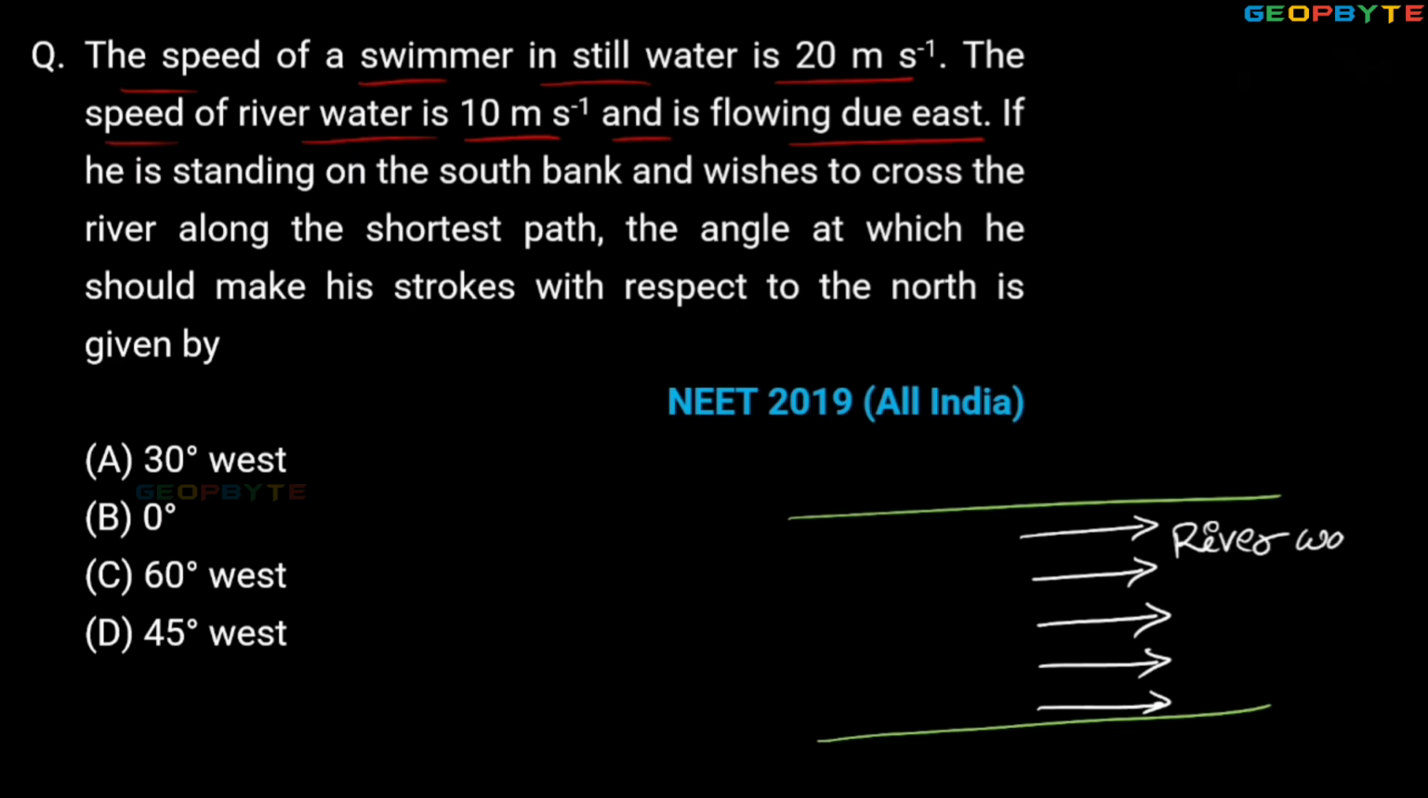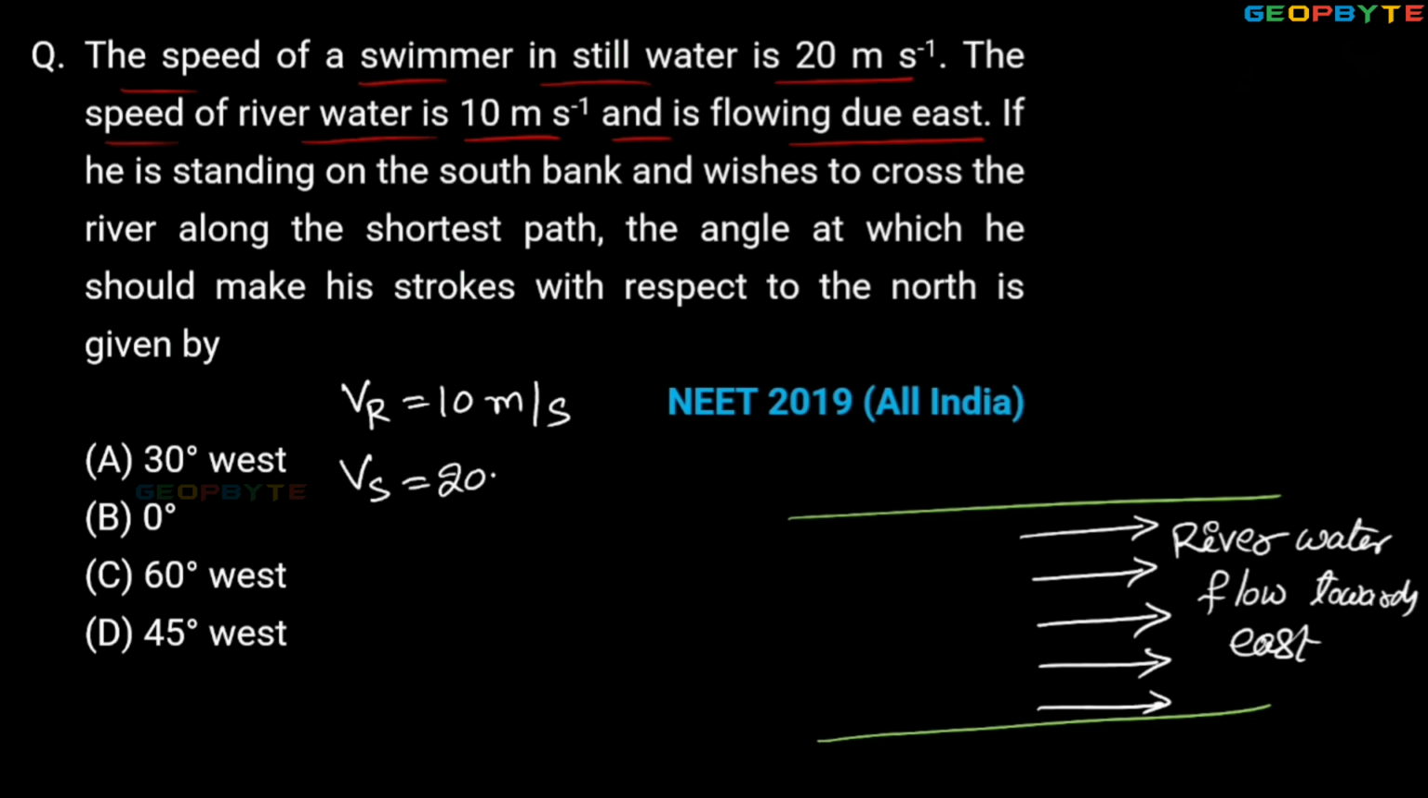River water flow towards east. Okay, the river water flow velocity is given as 10 meter per second, whereas the swimmer is maintaining 20 meter per second. Okay, then